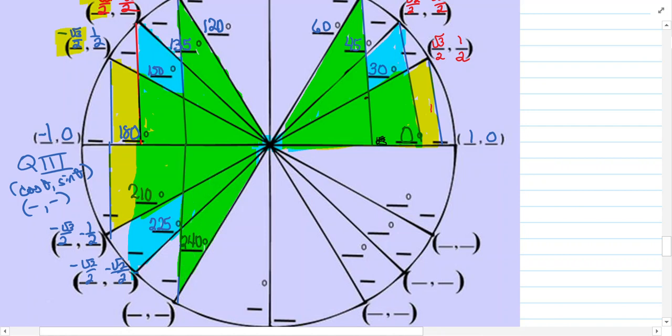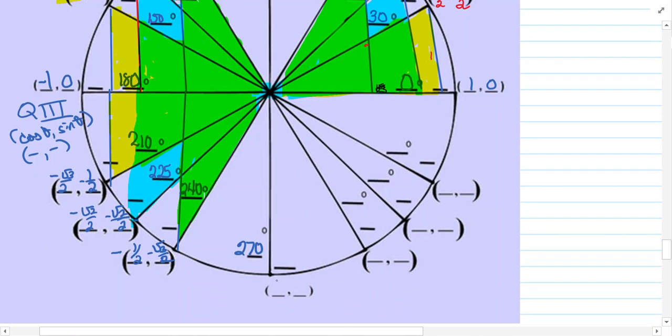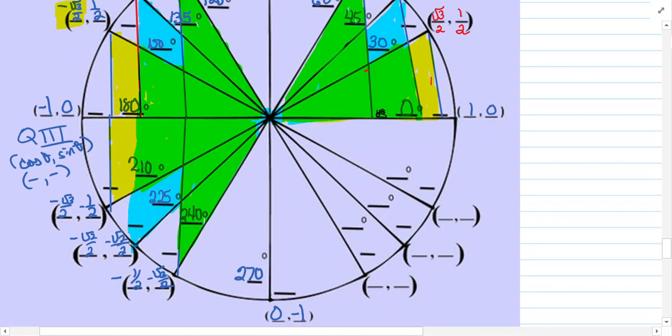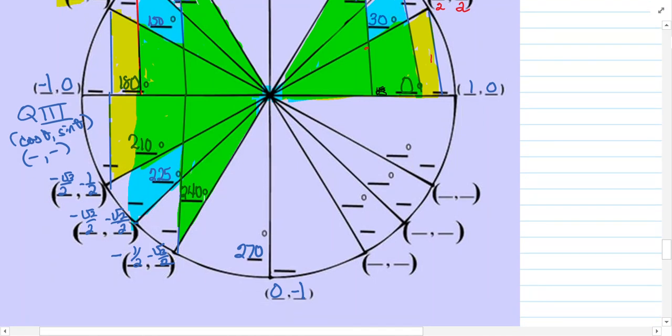So that would give me a negative 1/2 and negative square root of 3 over 2. Then we go to this quadrantal, which is 270 degrees. And that would be 0, negative 1. And then we have the continuation, which would make it the 300 degrees,